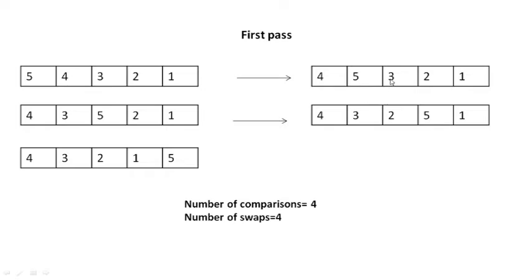Again 5 and 3 will be compared. 3 is smaller, so 5 should come here. Why are we taking the smaller element at this position? Because we have to sort it in ascending order, and if we do it that way, then the bigger element will go to the last and it will be sorted, and then we will not compare any other element with the last element, because once 5 reaches this position, it gets sorted.